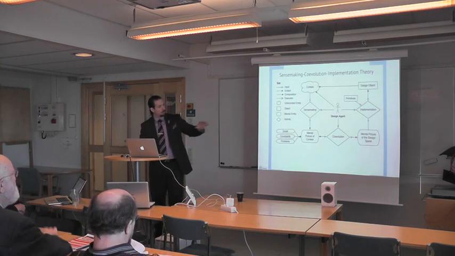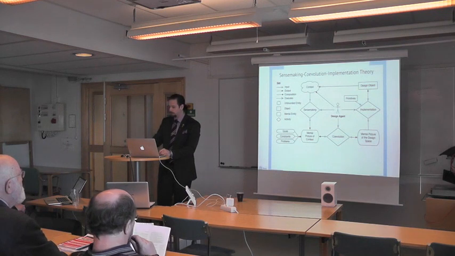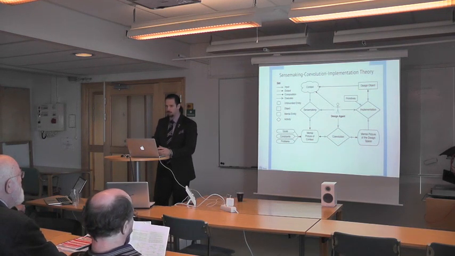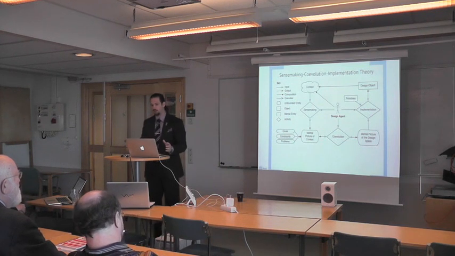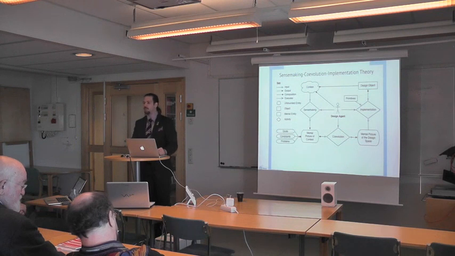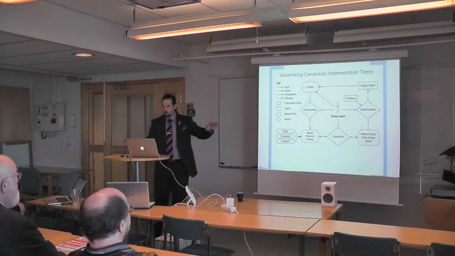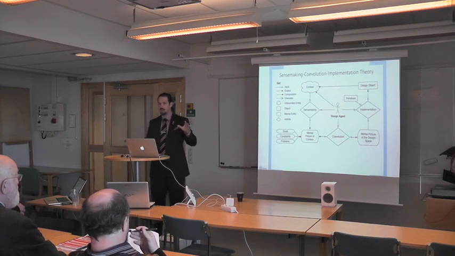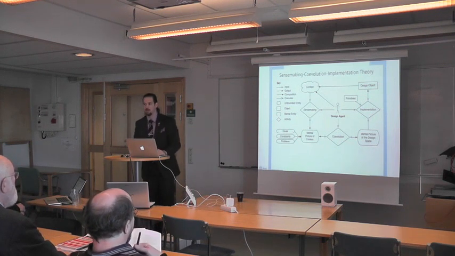So, SCI Theory, Central Revolution Implementation Theory, posits that there is an agent, and that agent engages in three basic processes: sense-making, coevolution, and implementation, in whatever sequence the agent deems correct. So the agent doesn't necessarily do one and then the other, they bounce around, depending on their goals and what makes sense at the time.